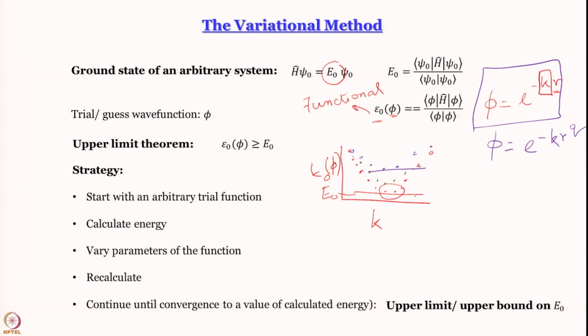Right, and that gives you the upper bound to the actual energy E0. That is what we are looking for. We can only get upper bounds, nothing else. Okay. So, now see, if I have two parameters like this, and this is a very favorite topic for many